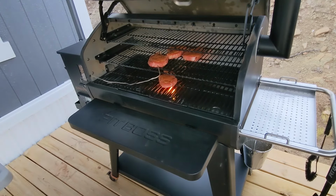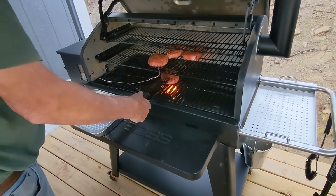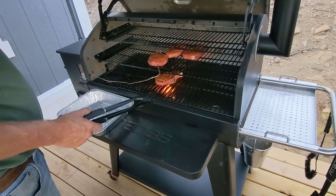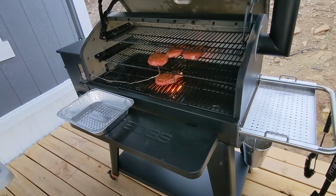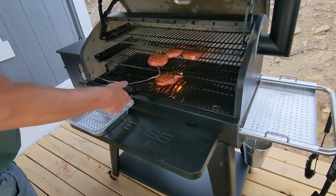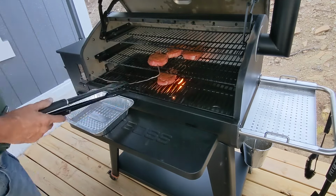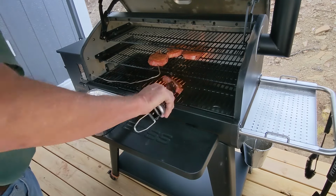Now watch this. This is where the Sportsman 1600 really shines. By opening the searing plate, we're creating a high heat environment that's perfect for searing. This feature sets it apart from many other pellet grills, which often struggle to reach the high temperatures needed for a proper sear. As you can see, the flames are intensifying, and the heat is rising dramatically. This is going to give our pork chops that beautiful, crispy crust that you can only achieve with a high